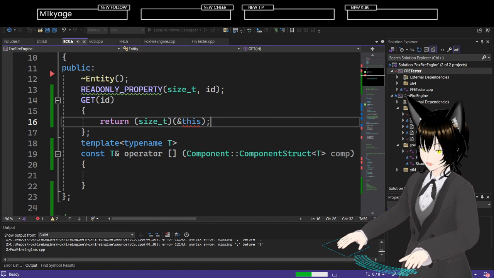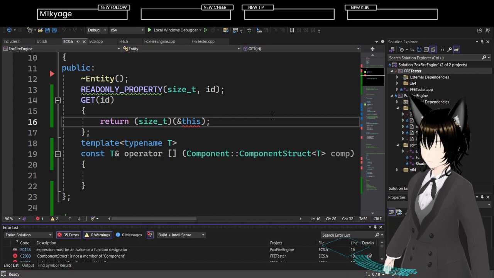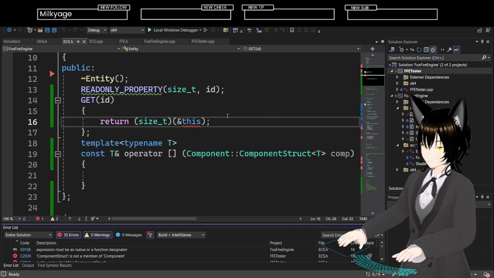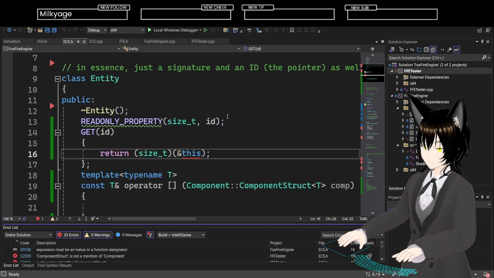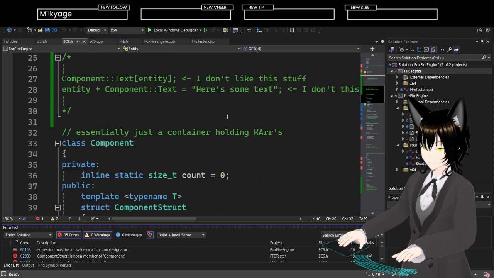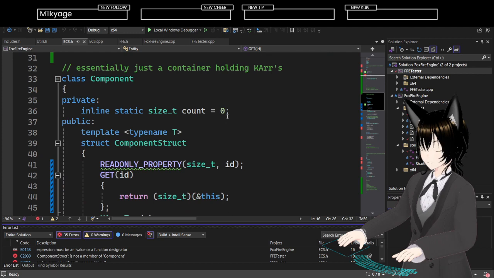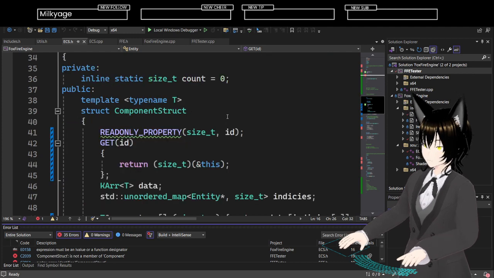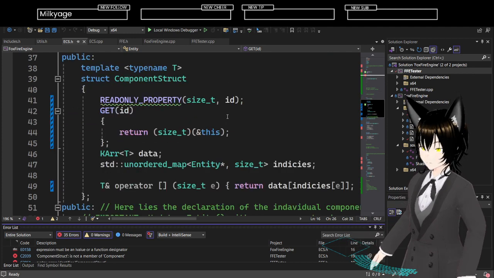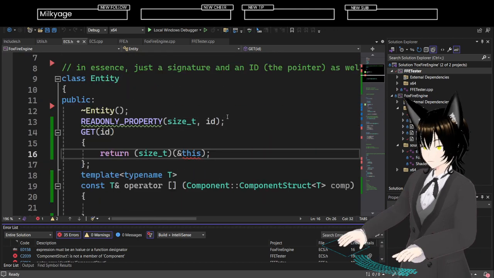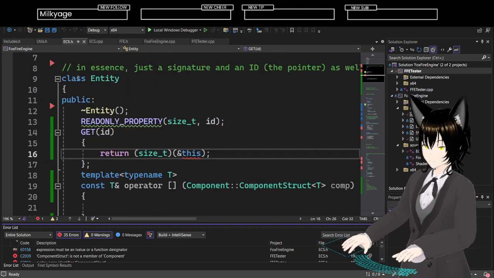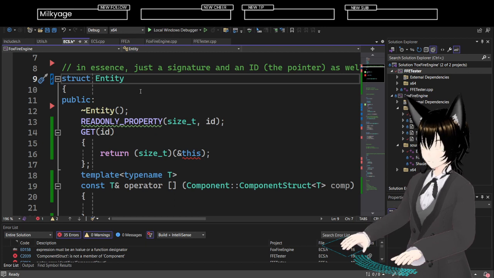I don't really know where all that's going. That's very strange, because it works for the struct. What if I just make this a struct?